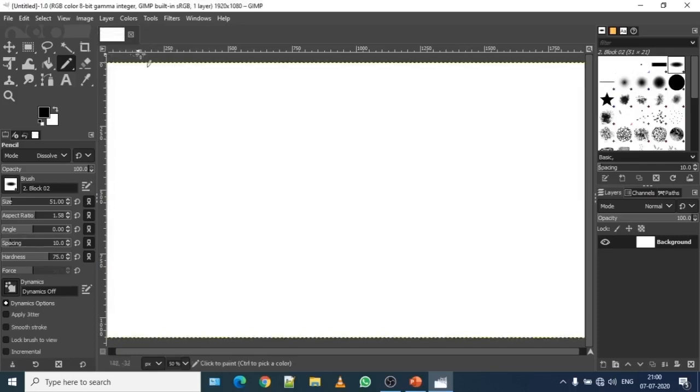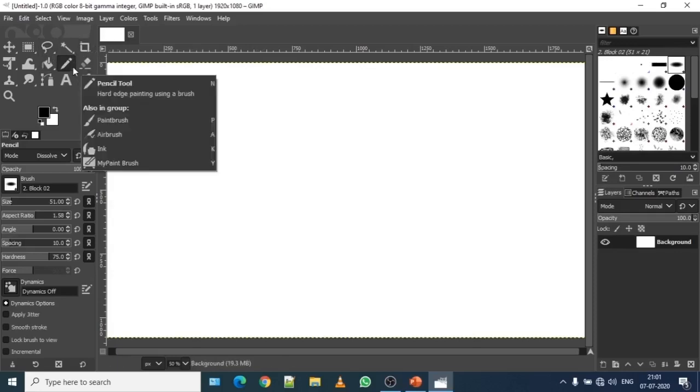Width and height measurement is already open now, and this is the whiteboard where you can create your drawing. Now how to create your drawing? In order to create your drawing, you have to use either brush tool or pencil tool.